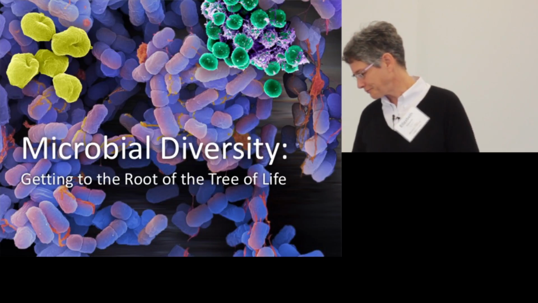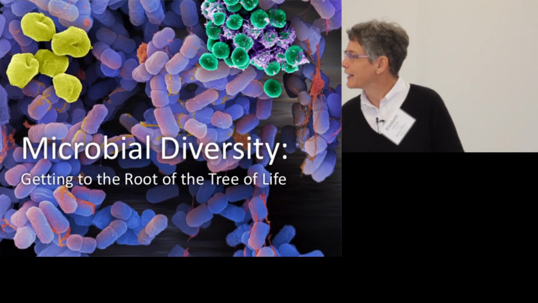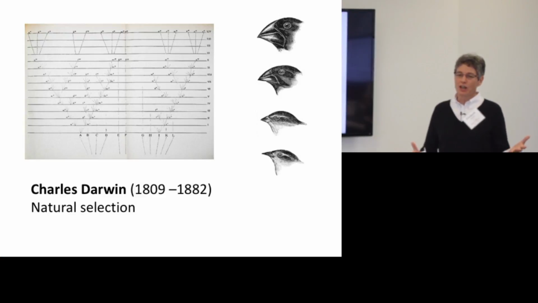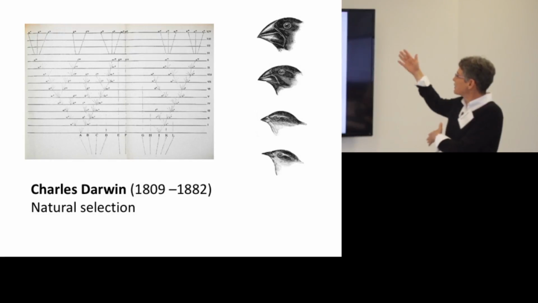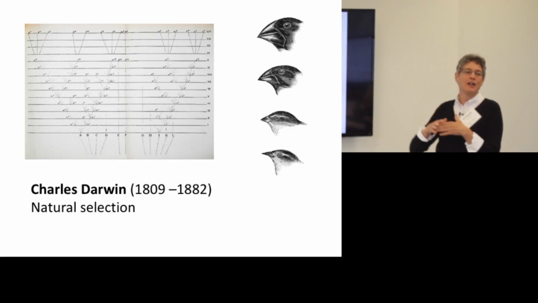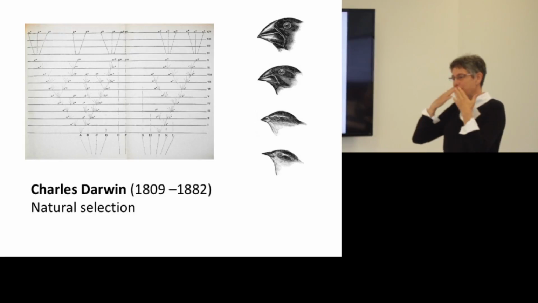and then hand it over to Leslie. Just to get us all on familiar footing, we've all heard of Charles Darwin and the notion that the environment selects, so that the organisms adapt and evolve to the environment that they live in. So with what types of seeds they're eating, the shape of the beak would change.